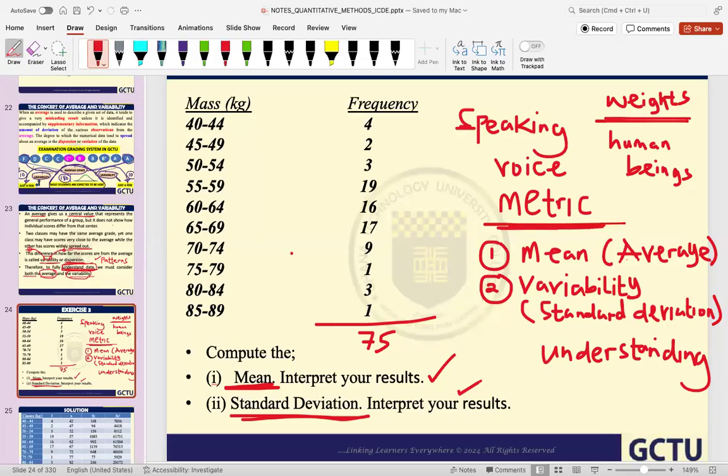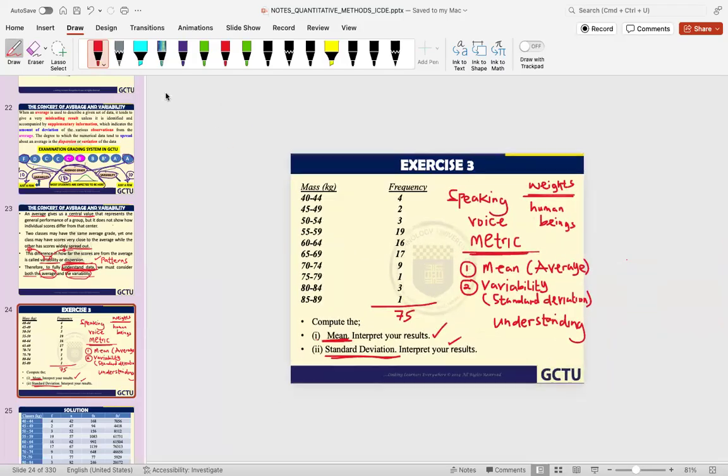So for the mean, this is the formula we use. X bar is equal to this Greek symbol, sigma fx, over sigma f,